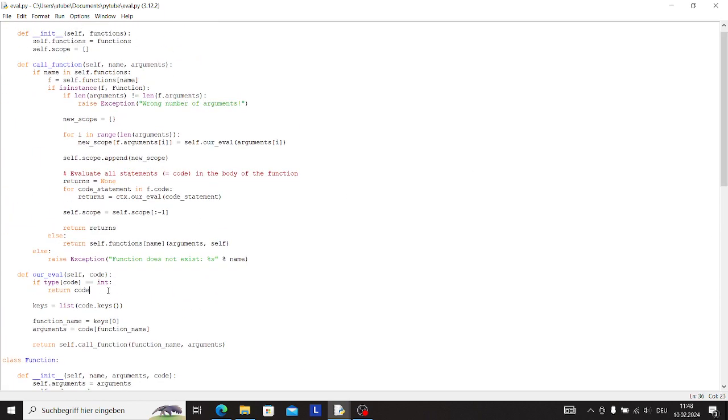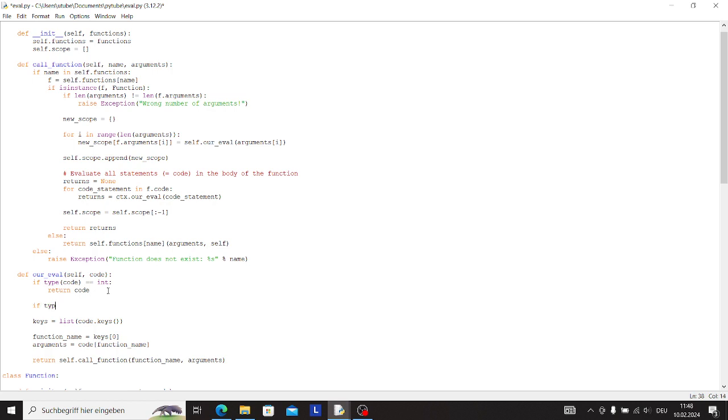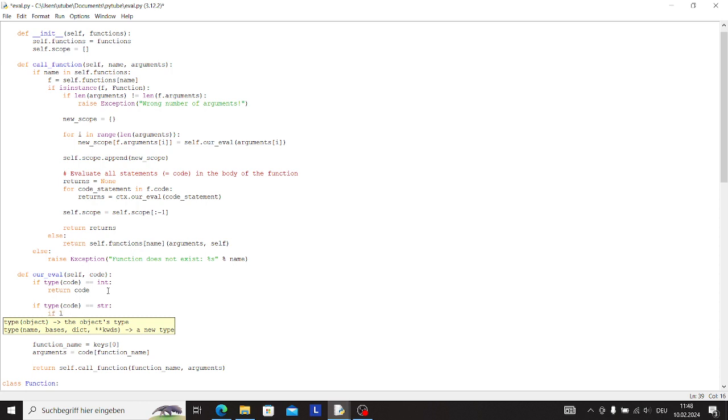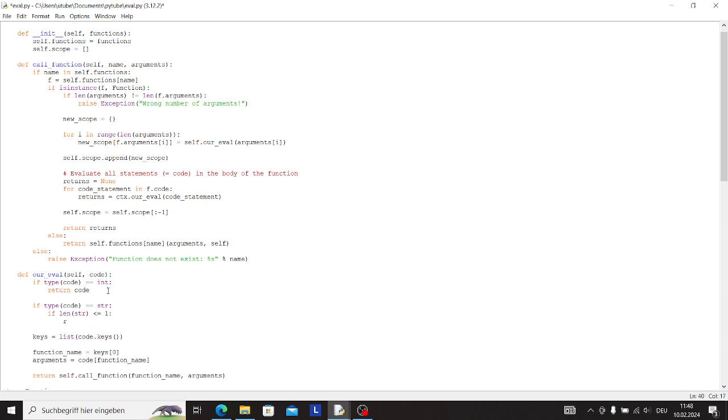So if this is a string, and this is a $ sign, then we access this variable. Okay, so